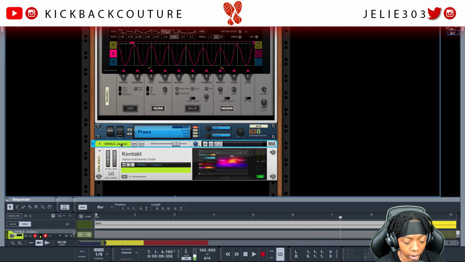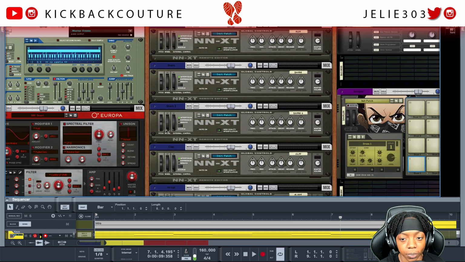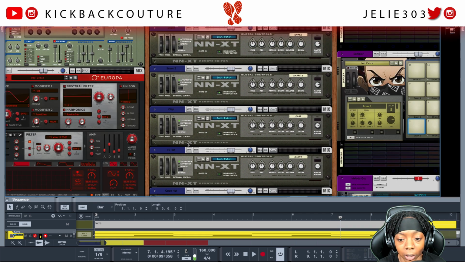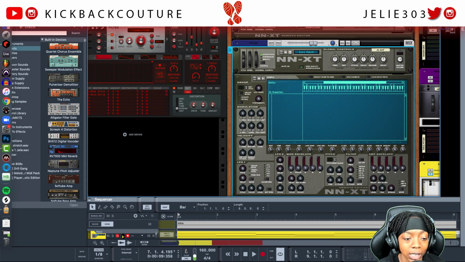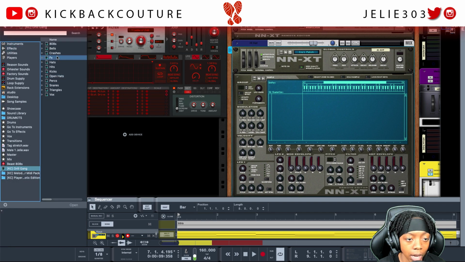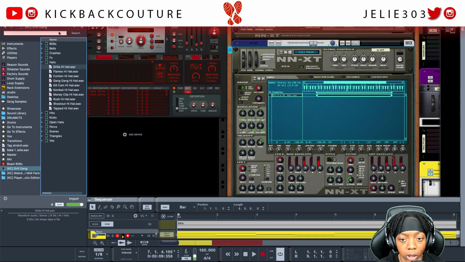I'm not gonna add that right now because I want to show y'all how to do hi-hats. So I'm gonna go ahead and use an NNXT. You could use a Redrum if you want to, an NN19, a Grain, whatever you do, make sure that the velocity sensitivity is turned up, because if it's not, this isn't gonna work. Alright, you're gonna be utilizing multiple velocity changes in this UK drill hi-hat pattern. So I'm gonna go into the Drill Gang drum kit, gonna grab the driller hi-hat,